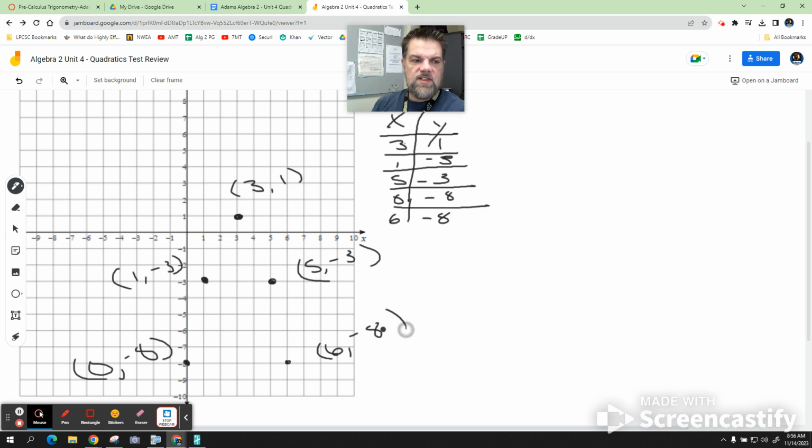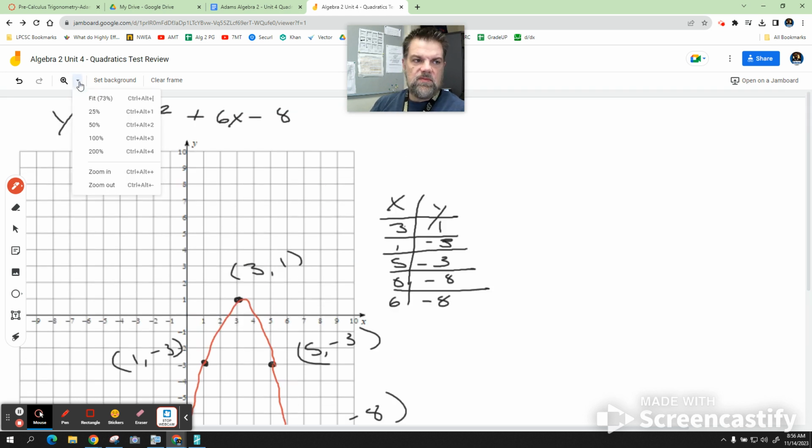And so when I do this, what I like to do is, if I can, draw the little U shape first. So I'm just going to do the best that I can to try and make it look symmetrical. I always overshoot. Just do the best that you can. That's why it's important to label it. If you wanted a better U shape, you could plot more points, I suppose. And I mean, that's basically it. I'll zoom out so you guys